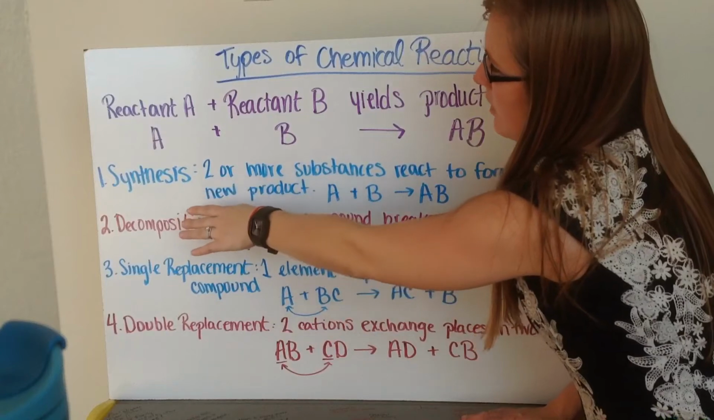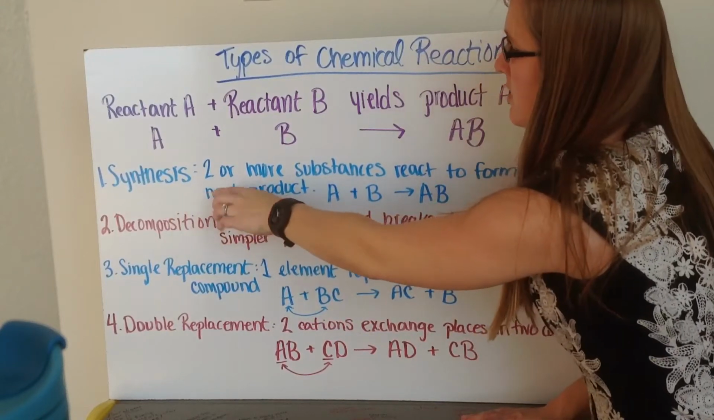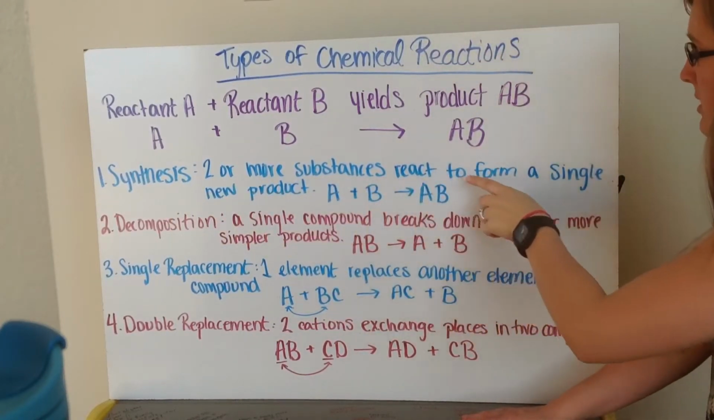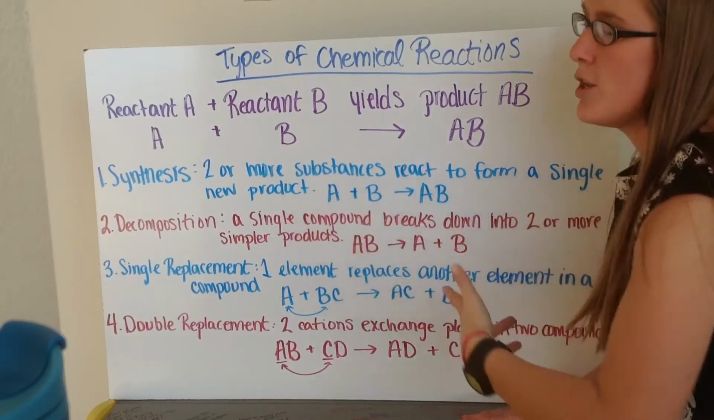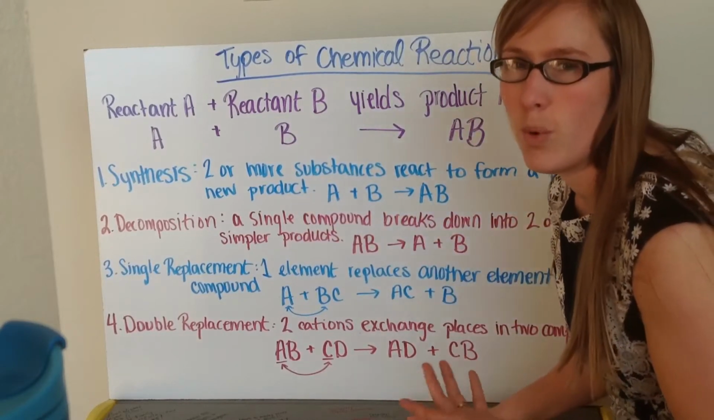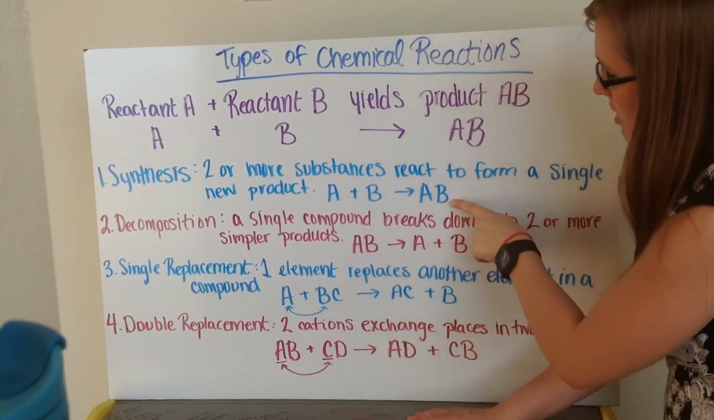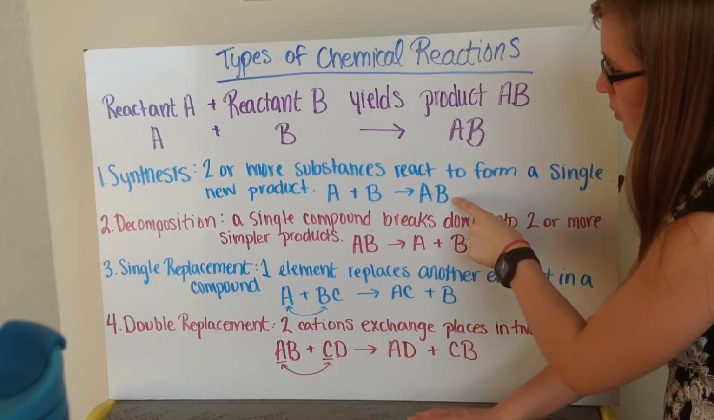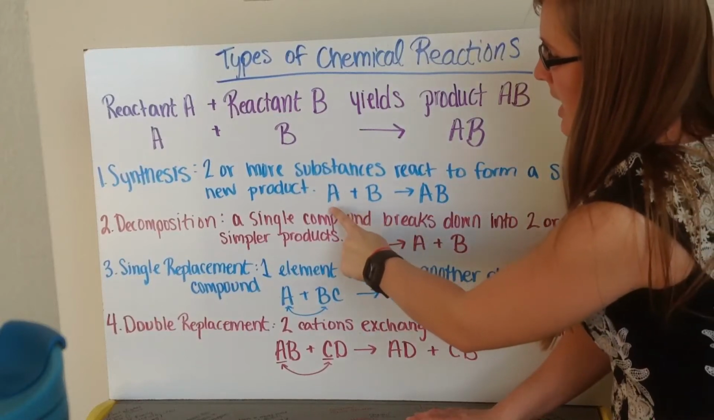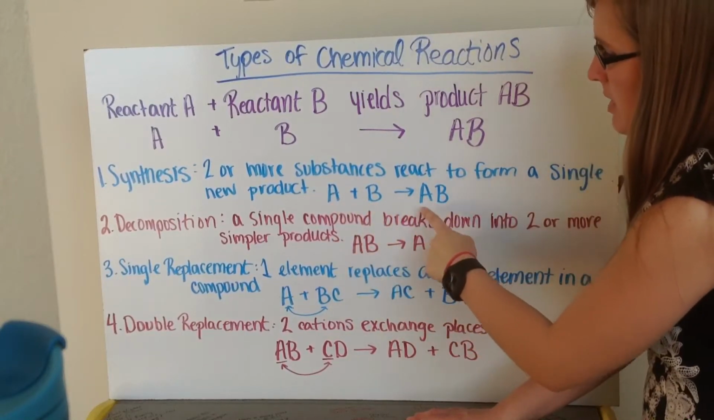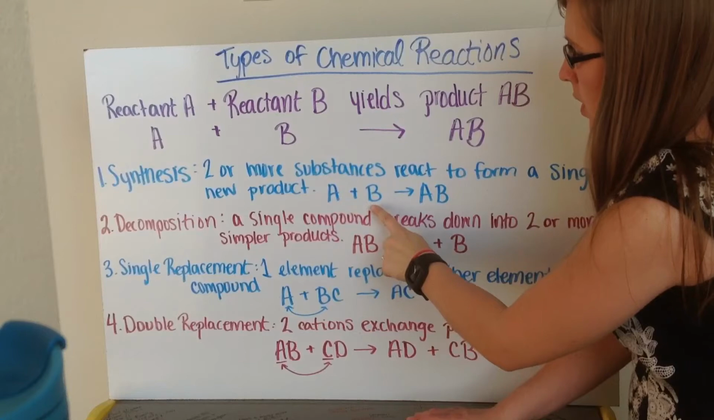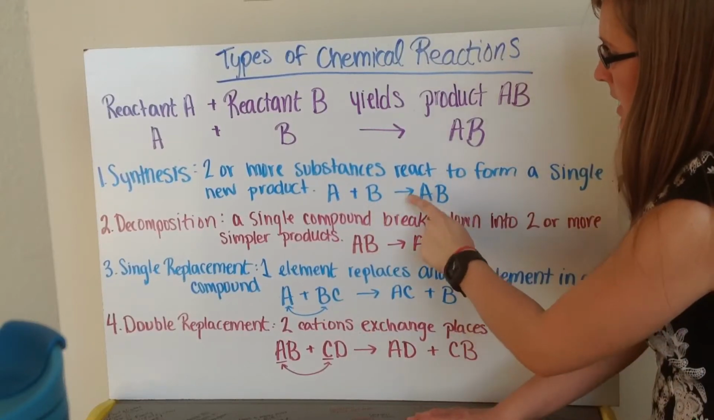My first type of chemical reaction is synthesis. This is where 2 or more substances react to form a single new product. So all of these are going to have 2 or more reactants going together to make one product. All of these have in common that they have one product. So an example is A plus B yields AB, where this can be any compound or element to make a single